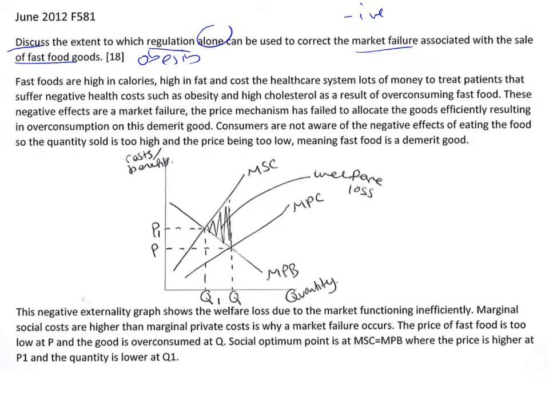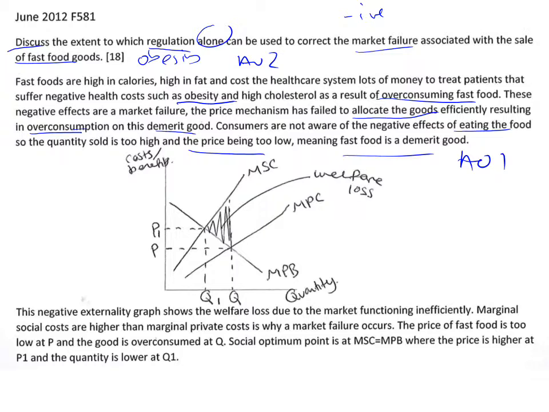Fast food is high in calories, high in fat, and costs the healthcare system a lot of money, as patients suffer negative health costs such as obesity and high cholesterol as a result of overconsumption. Application: these negative effects are a market failure. The price mechanism has failed to allocate the goods efficiently, resulting in overconsumption of this demerit good. Consumers are not aware of the negative effects of eating fast food, so prices being too low mean fast food is a demerit good. There's a lot of application analysis here,